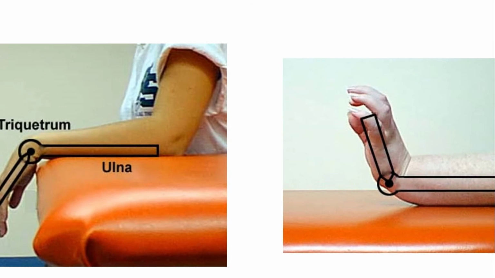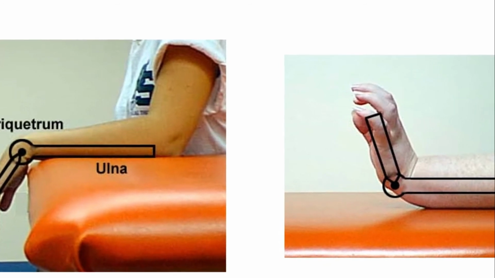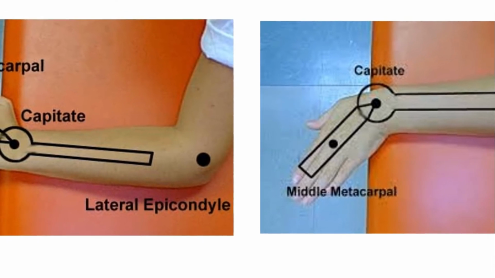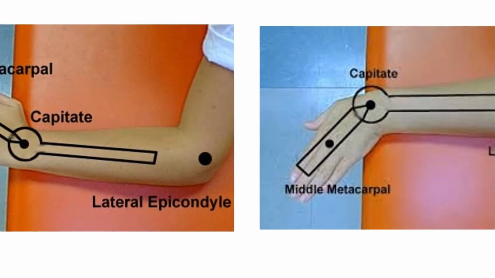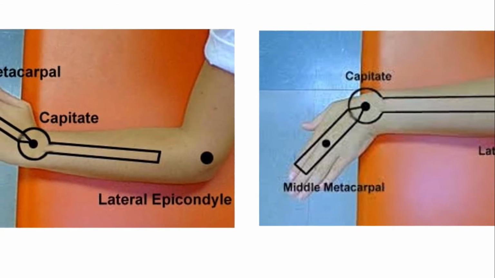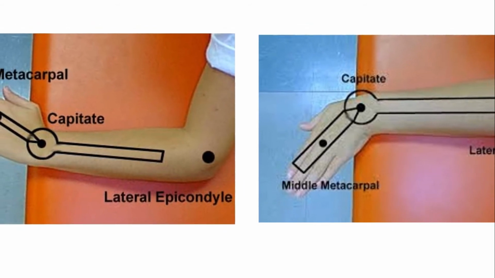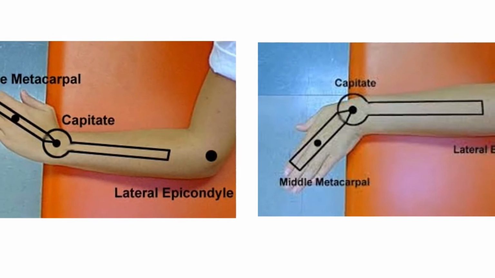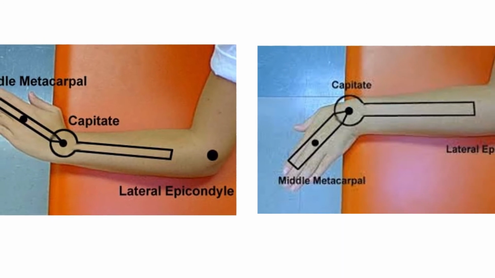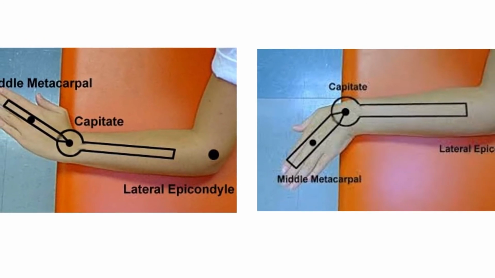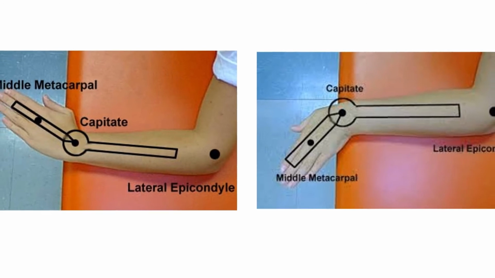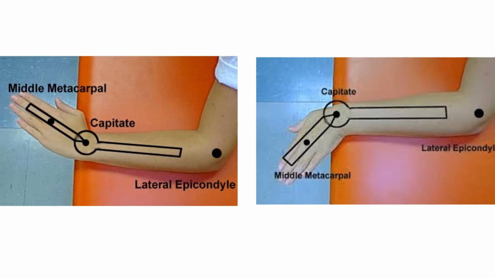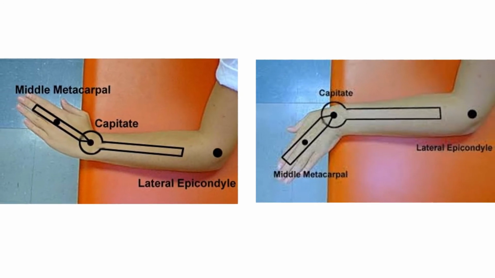These are the goniometry alignments. To measure range of motion of radial deviation and ulnar deviation, the goniometry alignments are: center fulcrum on the dorsal aspect of the wrist over the capitate. Align proximal arm with the dorsal midline of the forearm. Align distal arm with the dorsal midline of the third metacarpal. Do not use the third phalanx for reference.